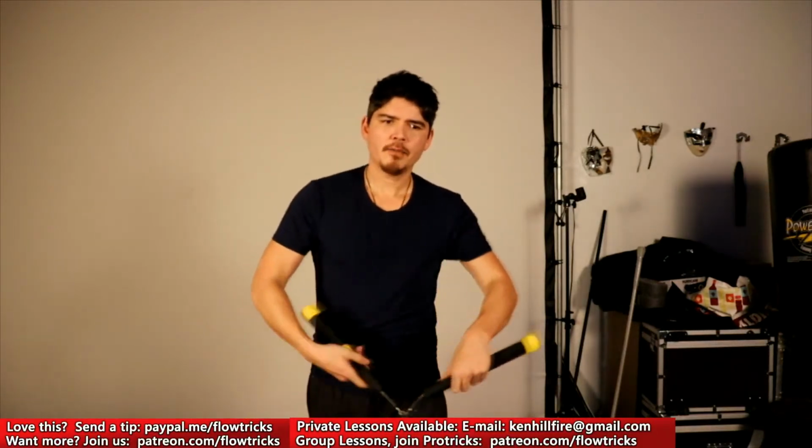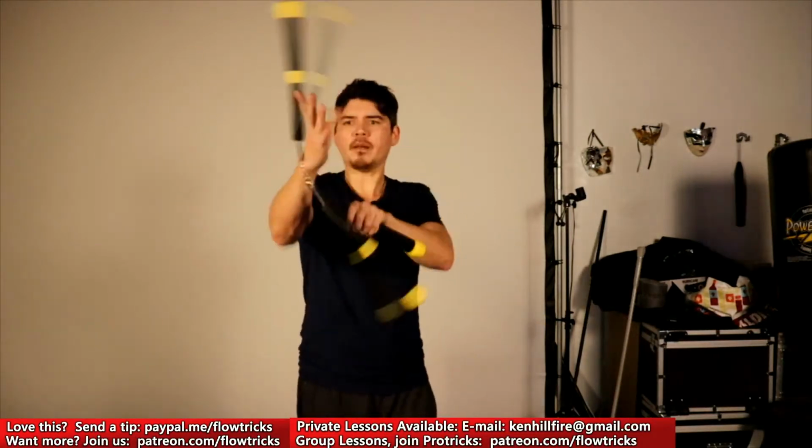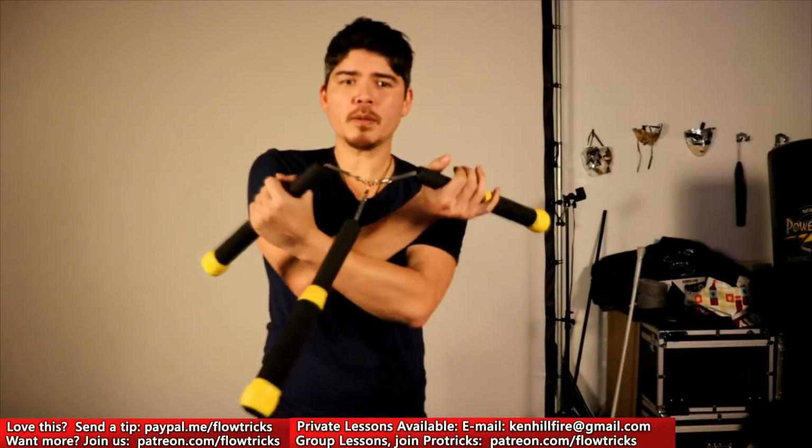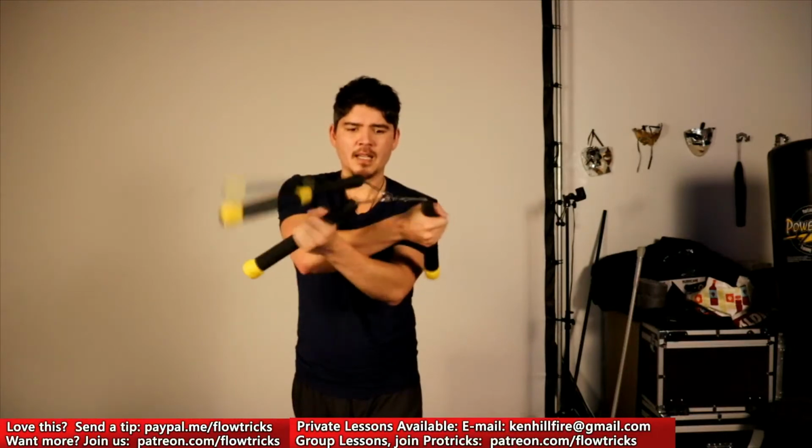So if we do a front to front hand roll, oops. Obviously you can do a front to back to get out of it, but I'm sure there's got to be something here that we can do. It would be rotating this way. Even if we,